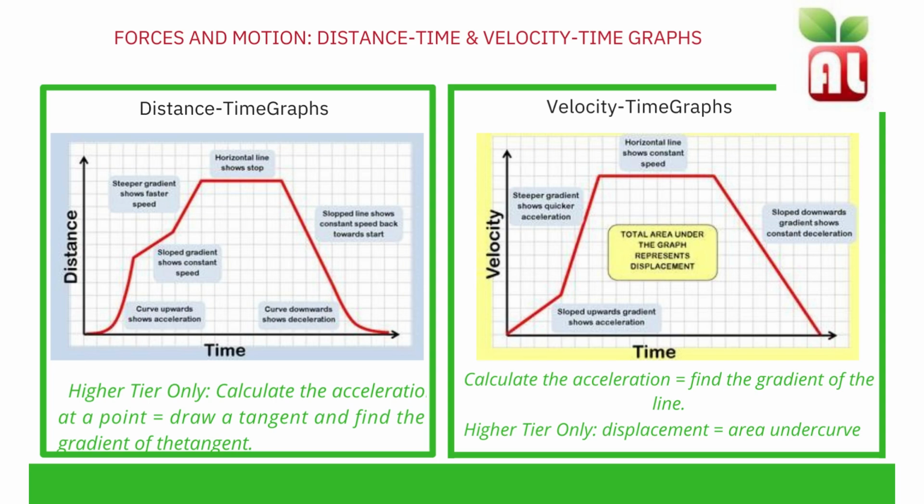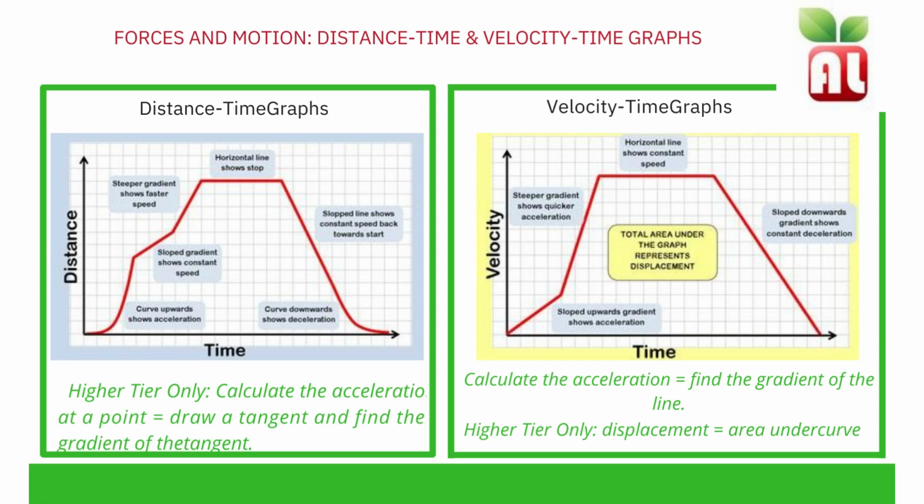A straight line with a decreasing or negative gradient shows that the object is travelling back to the start point at a constant speed. A curved downwards line shows that there is a deceleration or slowing down back to the start. If you are asked to calculate an acceleration at a point on a distance time graph, for example 3